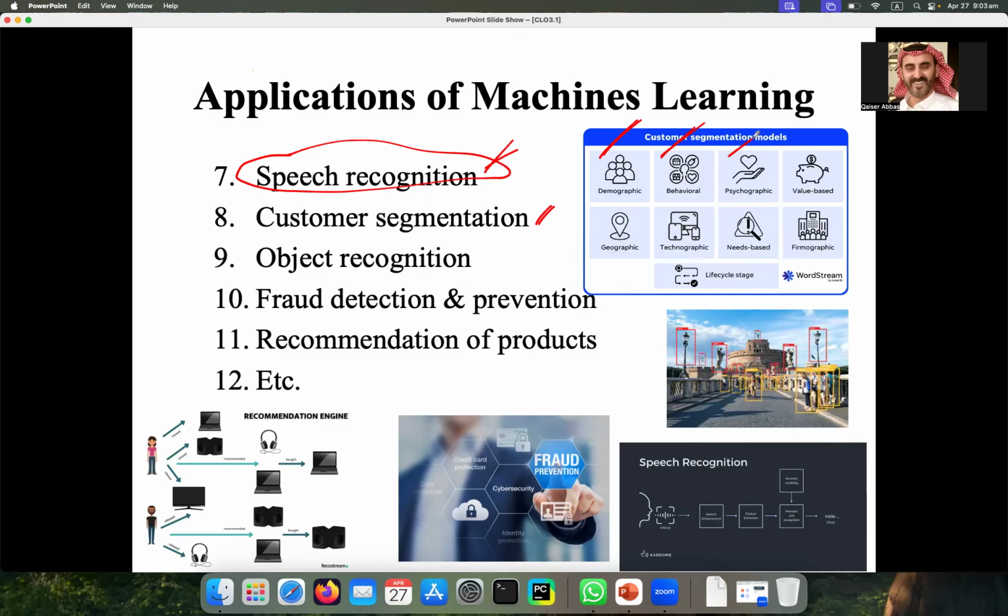Psychographic, that is also, you can say, behavior. Normally in psychology, you study human behavior. That's why psychographic is also mixed with behavior segmentation. I can think of anything. For example, women normally buy more things related to makeup. That is their psychology.